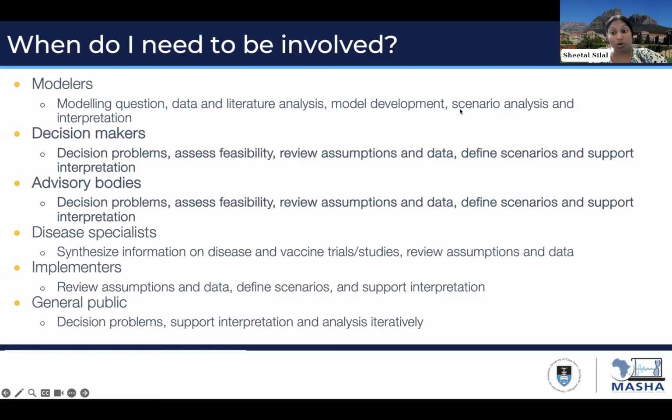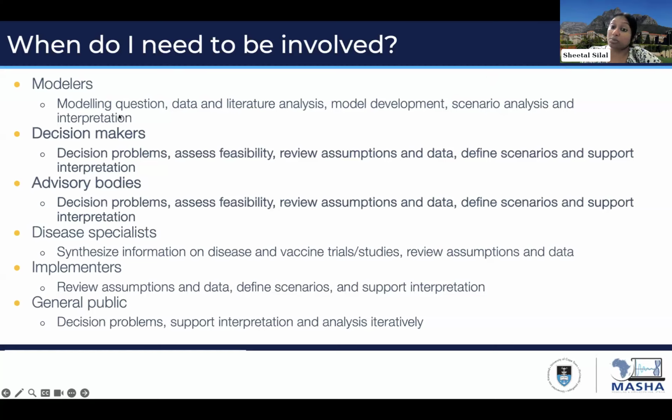Modelers are also involved in what we call scenario analysis. My colleagues before me just presented an analysis with 17 scenarios, or 17 options we could call them, that the model is exploring of the future. We can't go and implement 17 different scenarios to test out their impact, but on a computer, we definitely can. So using mathematical modeling, we are able to investigate a range of scenarios, even if we don't intend to implement all of them. So the modelers are involved in developing and implementing the scenario analysis and assisting with interpretation.